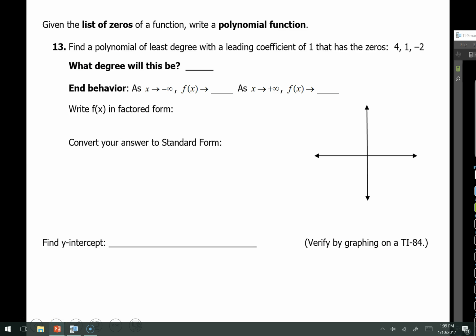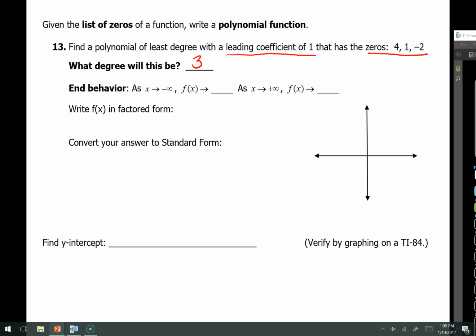Okay, so let's apply some of this information. In this next problem, you're given a list of zeros and told, okay, write the polynomial function now. So we have to take the x-intercepts that we know in this case, because they're all real numbers, and we have to take this leading coefficient of 1 that we've been given. So there are 2 pieces of information there that I've underlined. We know the leading coefficient is 1, and we know the x-intercepts. So if we're looking for what degree this polynomial is going to be, if we know that there are 3 solutions, that is the degree as well. It's a 3rd degree polynomial because the number of solutions, the quantity of solutions, is going to match the degree